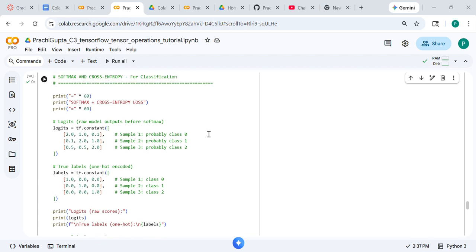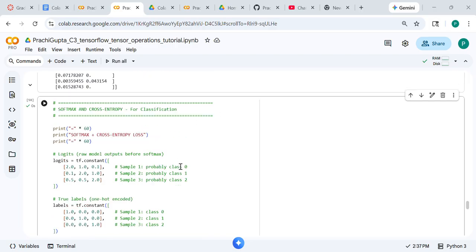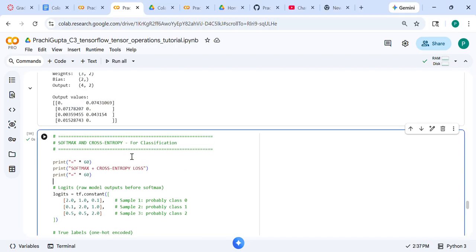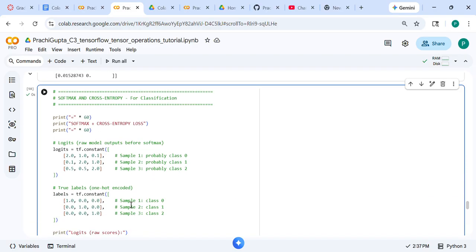Basically, what is happening here is, this code for the softmax and the cross entropy is used for classification. This code demonstrates the standard way a neural network turns the raw numbers into a final classification and measures how wrong the prediction is. So here's the step by step logic, how we do it. First we